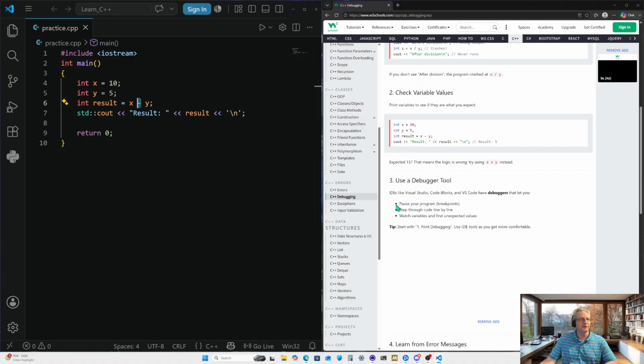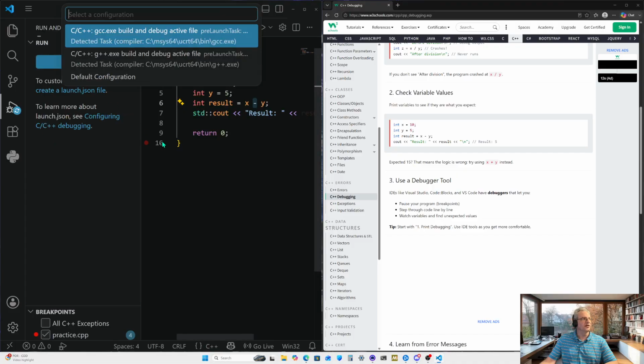Using a debugger tool, IDEs like Visual Studio, Code Blocks, VS Code have debuggers that let you pause your program with breakpoints, which I've done before in some of the videos, which is this over here. A lot of your IDEs have this over here. Click to add a breakpoint. So when you click on it, add the breakpoint, then you go in. Actually, I will do that up here and not down here. So I'll launch a debugger,